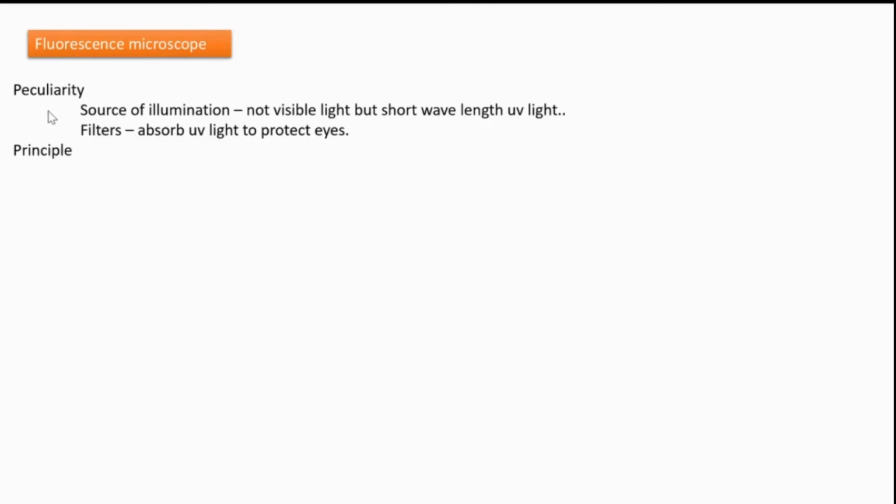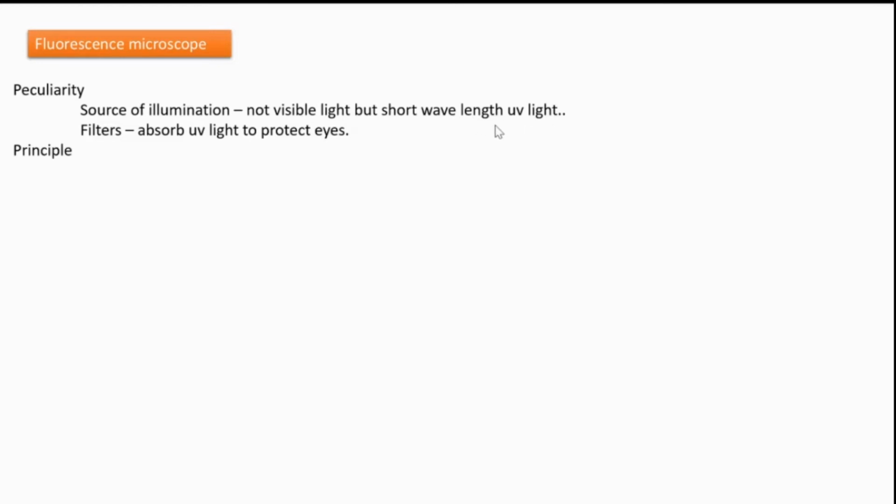First point, peculiarity. Here, the most important difference or speciality is its different source of illumination. In all other cases, the source of illumination is visible light, but here the source of illumination is not visible light, but short wavelength UV light.